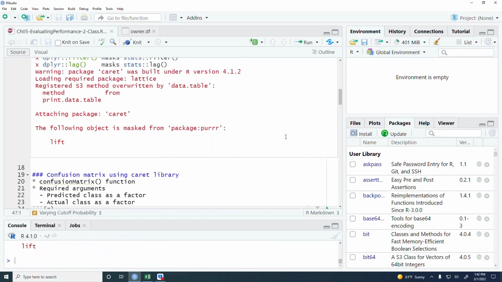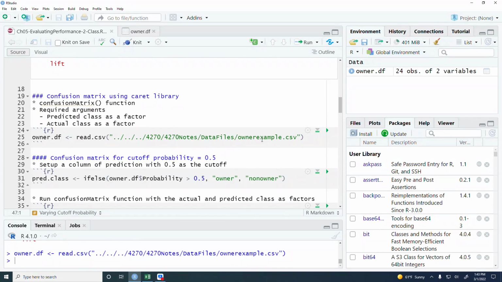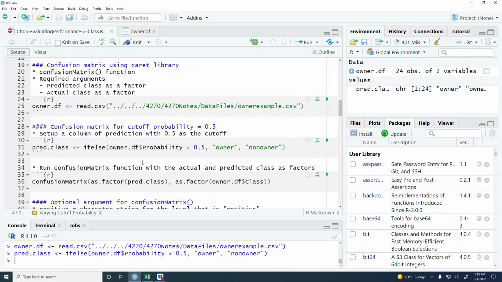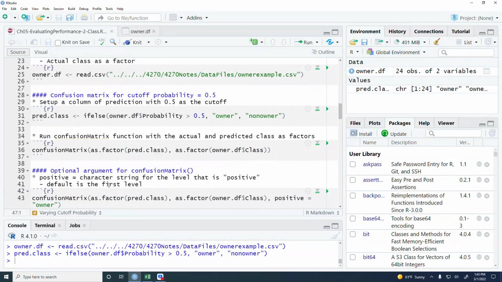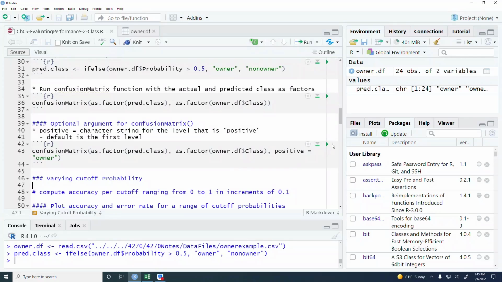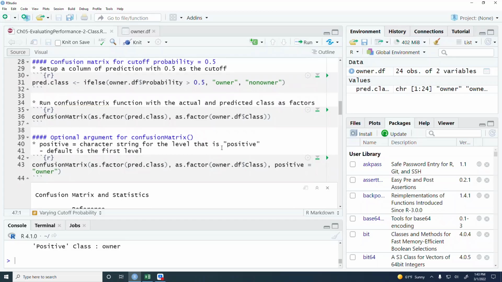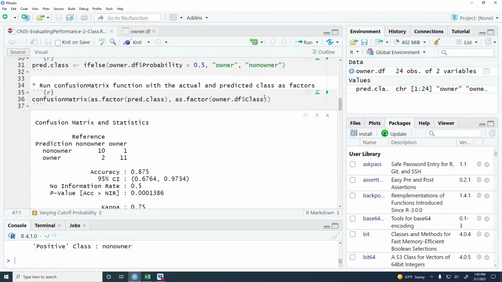And so this is where we stopped last time, where we ran the owner example and the predicted class, and then we ran the confusion matrix. Confusion matrix, okay, where we do not specify what the response class is,